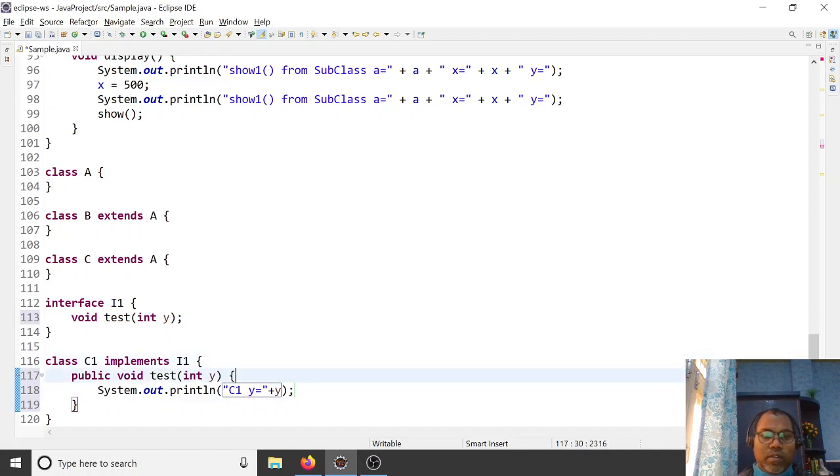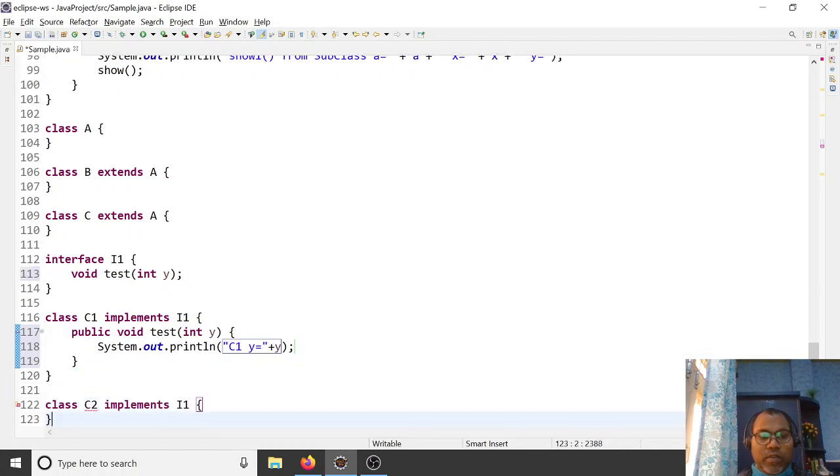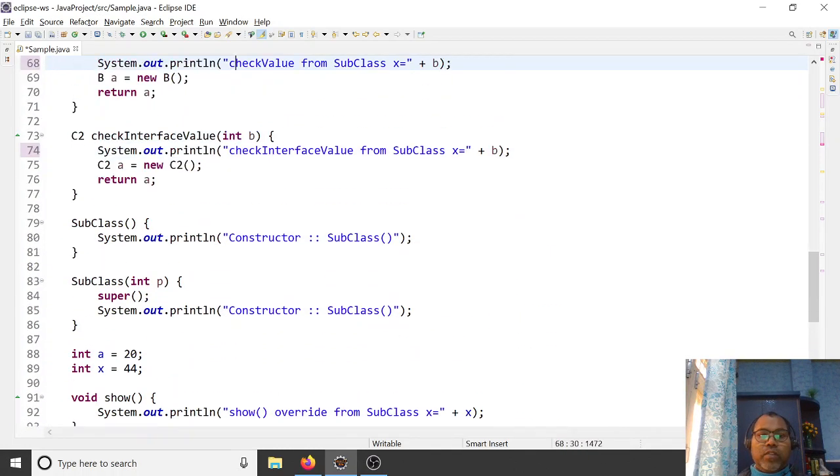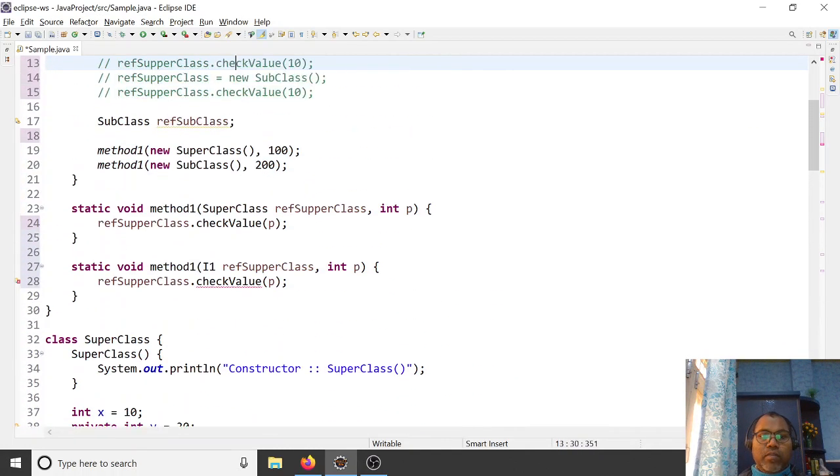Similarly, you can override the same in c2. This is c2. Okay, so here is the interface. Let's say we have defined a method in the main method.